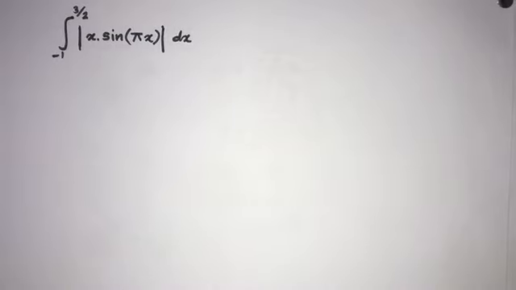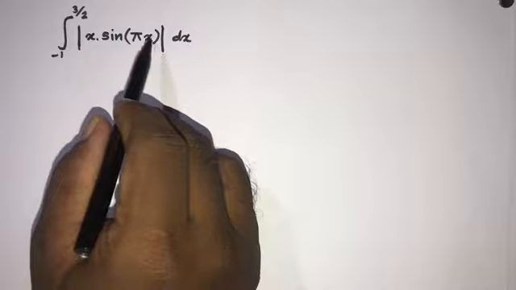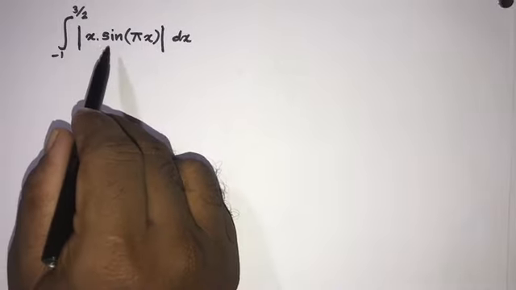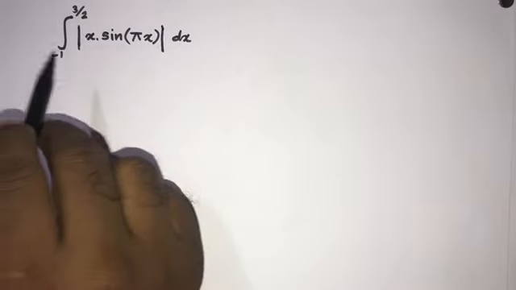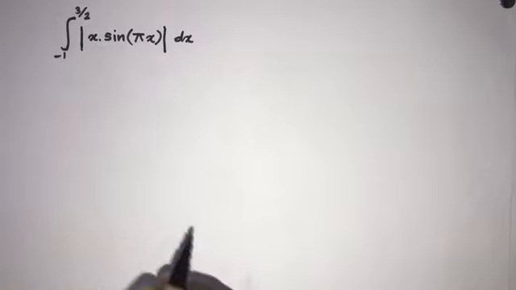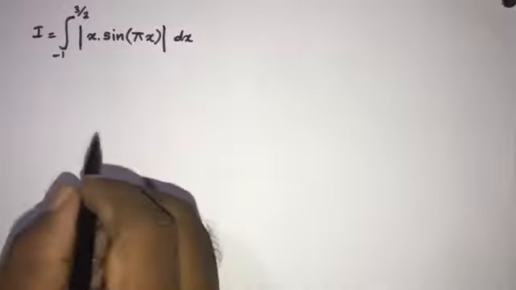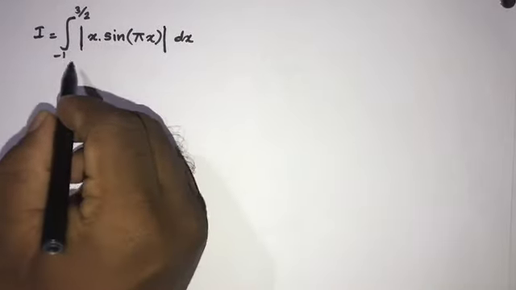Today we are going to solve another interesting question. Integral from minus 1 to 3 over 2 of the absolute value of x times sine of 5x dx. Well, how to start? Okay, I'm going to take this equal to I, and first of all, if we take this limit,